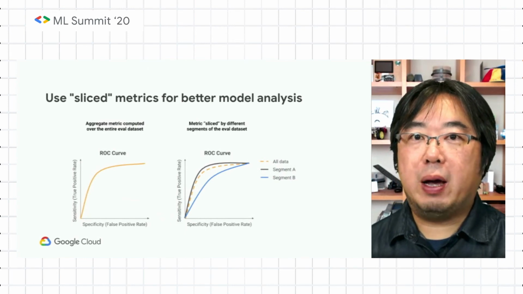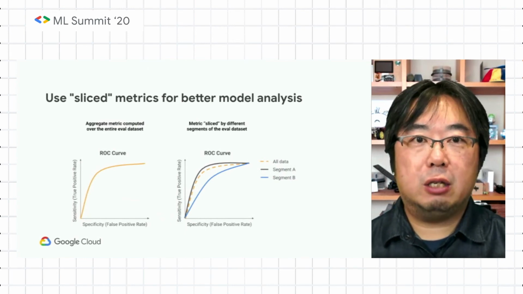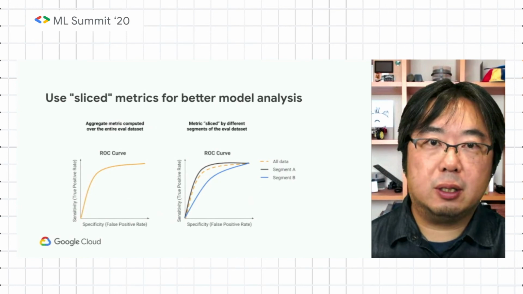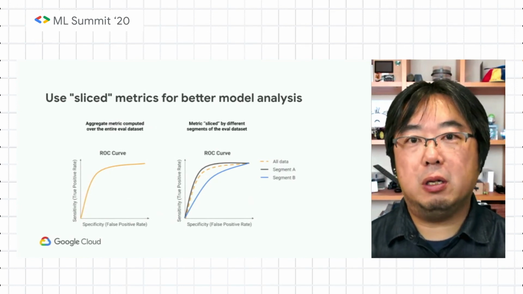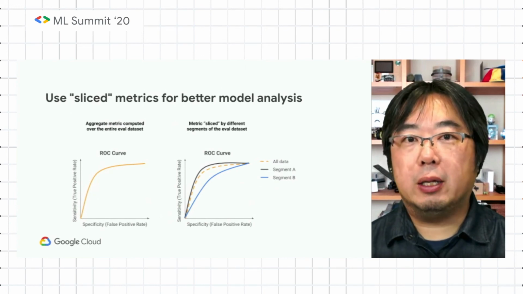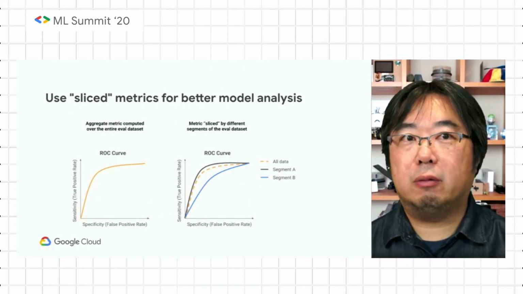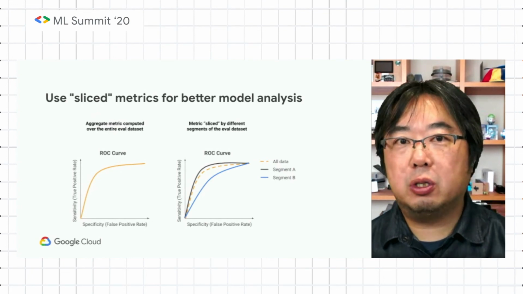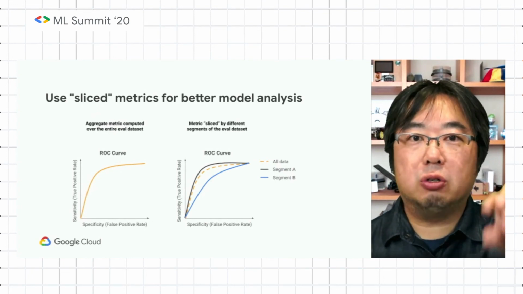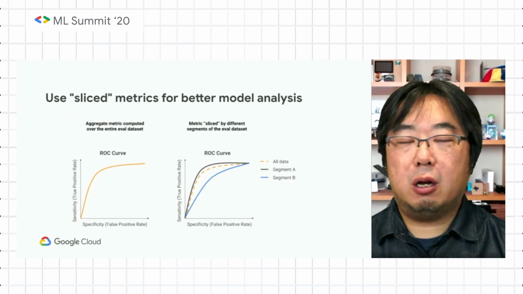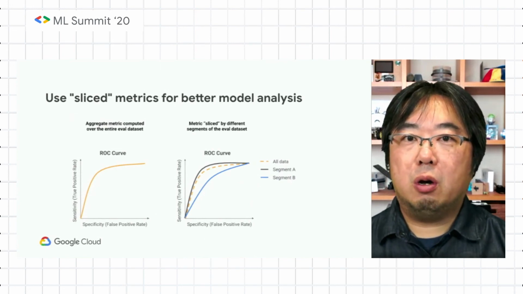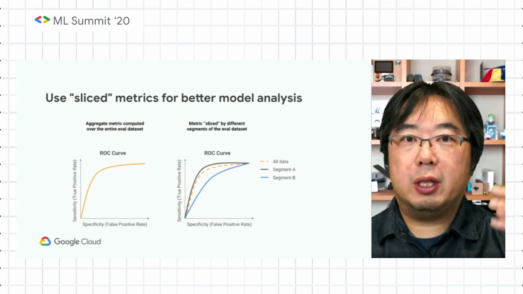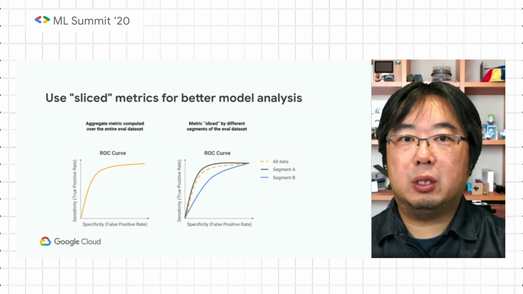And also, you can define any slice. Slice means different segments of the data sets. And not only the timestamp, but also you can define any different dimensions as slices. For example, you can define the slice as demographic attributes, like the location of the user, whether it's a user in Japan or a user in the United States, or maybe age group, whether the performance is for